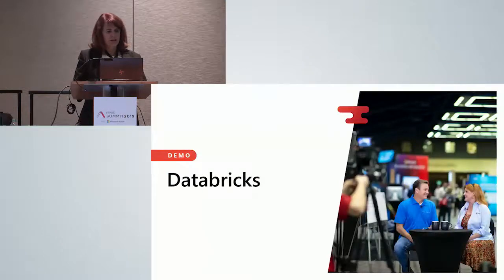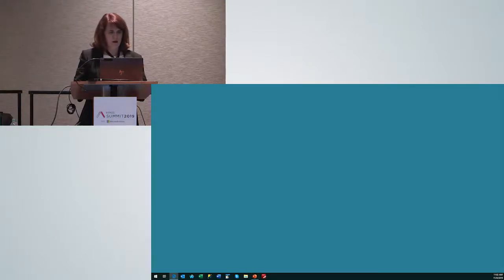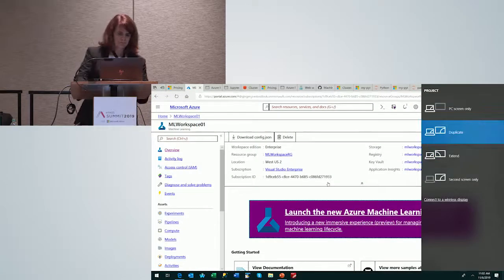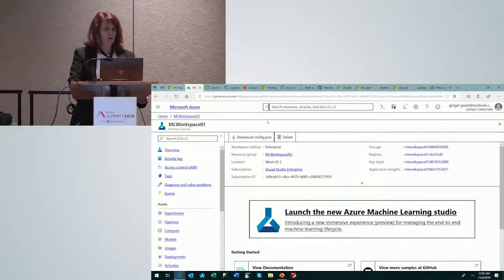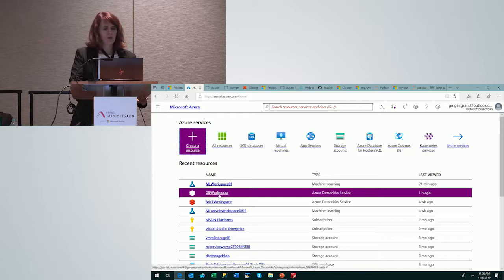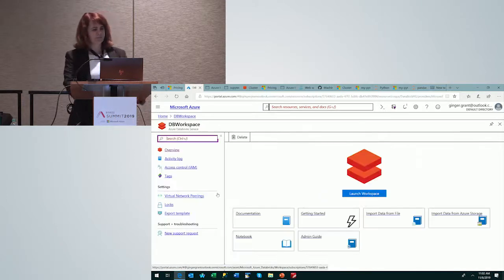So I wanted to go ahead and take a look at Databricks. So with Databricks, when you load it, you load it into a completely different environment.